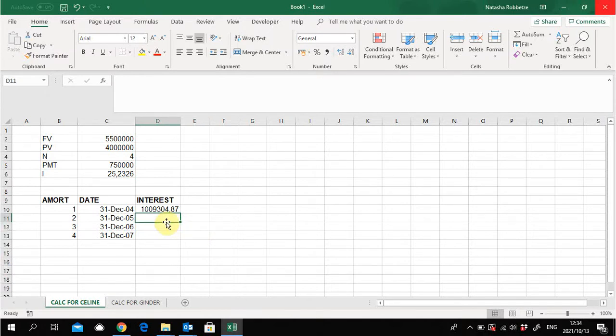Then if I look at my amort 2 to 2 on my financial calculator, and I'm just typing as I'm explaining, it's 1,074,734.29. So 1,074,734 and 29 cents. For the third period, which ends December 2006, I'm going to say amort 3 to amort